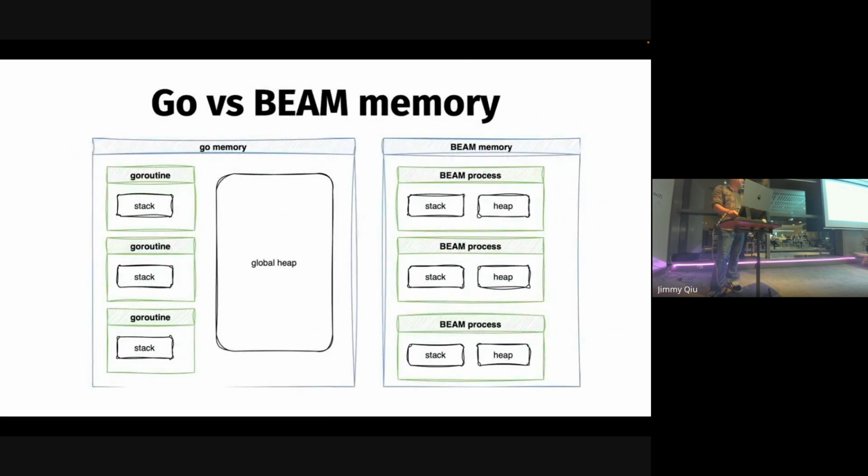And this is one of the big differences between Go and Beam. Go has a single global heap, like you get in almost all programming languages. Each goroutine will have its own stack, so they're isolated, but the heap itself is not. So you can share data between different processes or different goroutines, and then you use the built-in primitives to work with that.